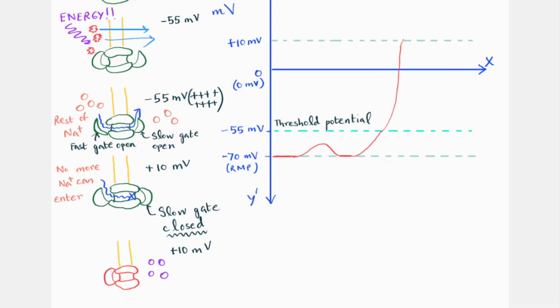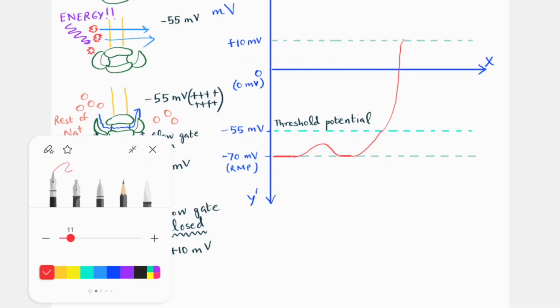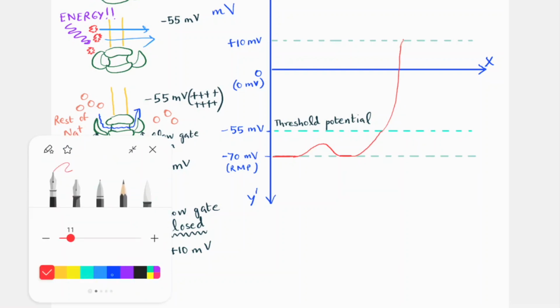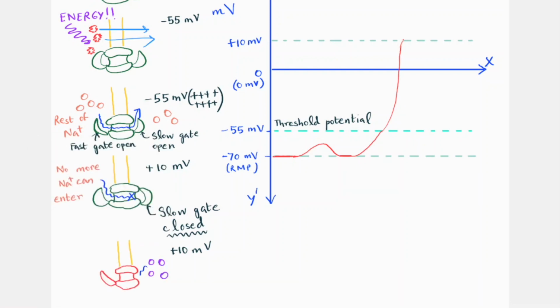So since the sodium ions are inside and can't get outside now, let's just show some of the potassium outside, and we'll relieve the positivity that way. We'll add the negativity by throwing the good guys out of the party. So what happens now is that the slow gate of the potassium voltage gated channel opens. The slow gate opens, and the potassium ions have a free exit, and they leave the cell.